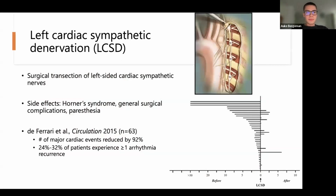And a few slides about the sympathetic denervation. Basically, it's a surgical procedure where the sympathetic innervation of the heart is transected. Potential side effects are mostly Horner syndrome. And the strongest evidence for the efficacy of this procedure in CPVT comes from a Circulation paper in 2015,